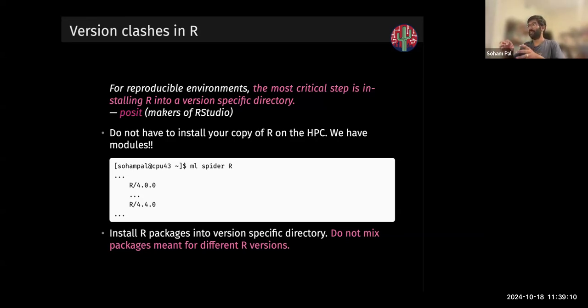Now, on the HPC, you don't need to actually install R. So we have already done that for you because we have the modules and they are all in their respective directories. So you will not see any version clash on